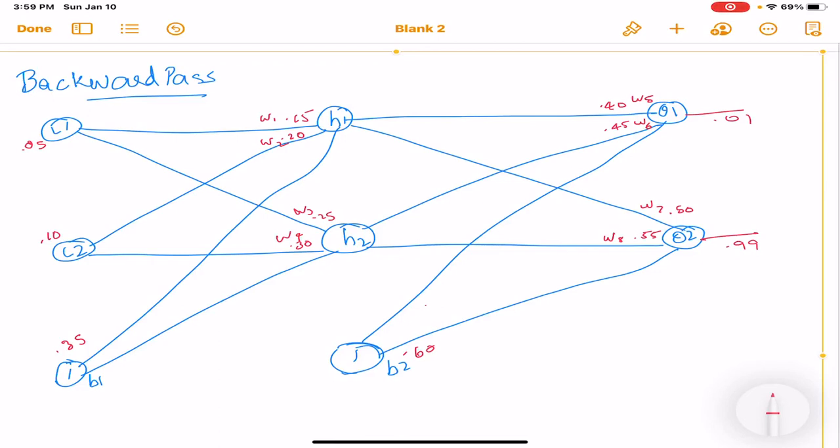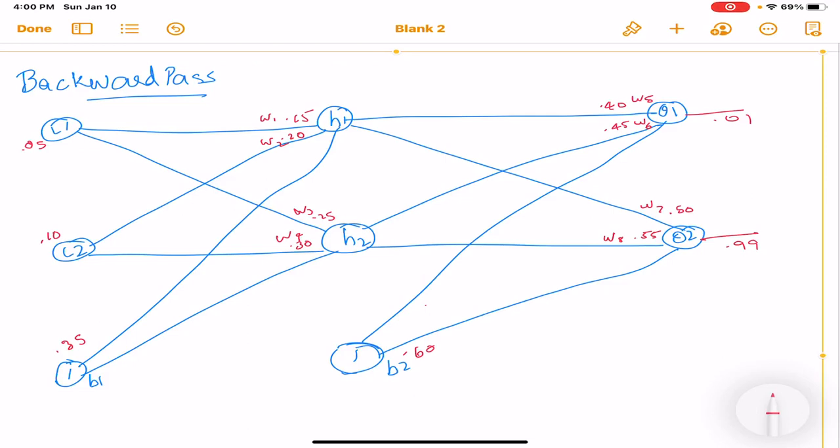This was the network we used for forward propagation, and using it we calculated the total error of this network, taking the W1 weight to be 0.5, W2 to be 0.20, and up till the weight W8 to be